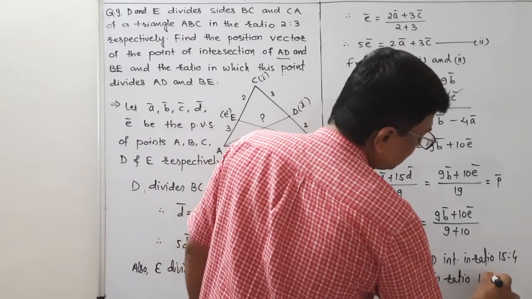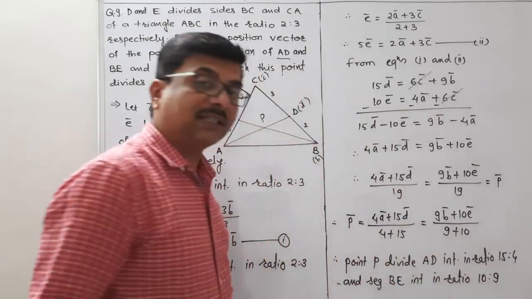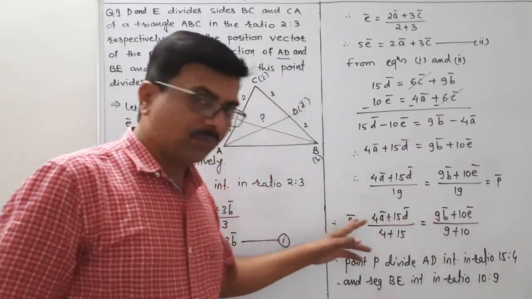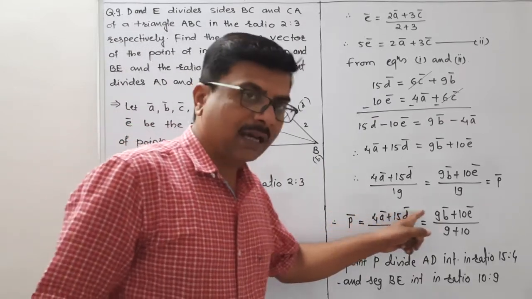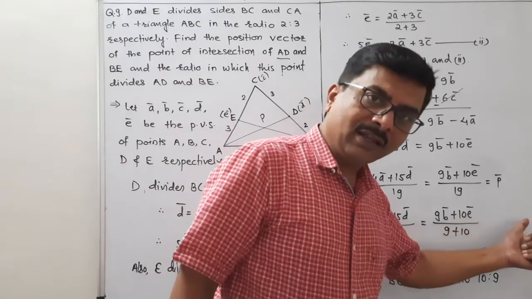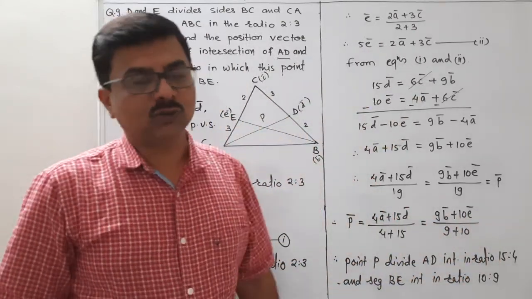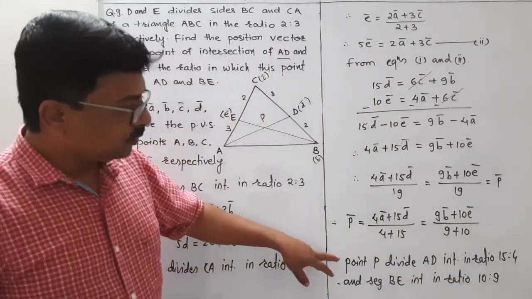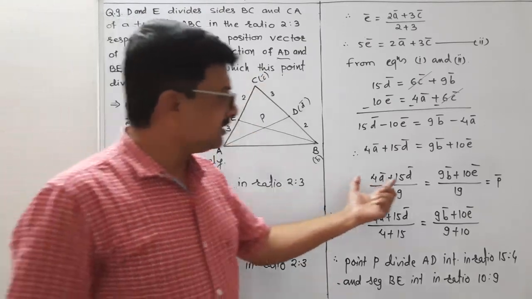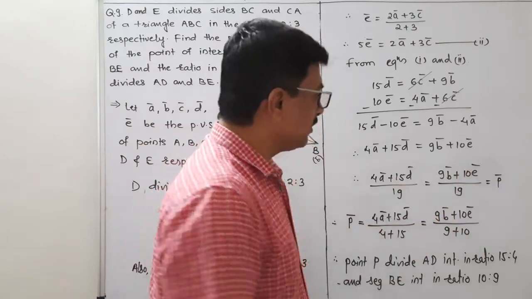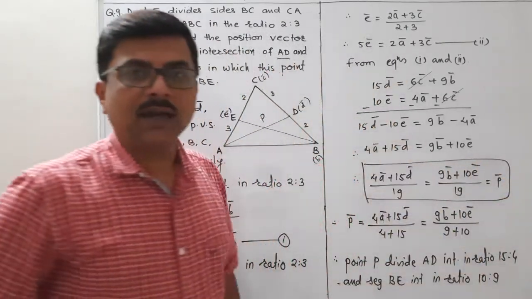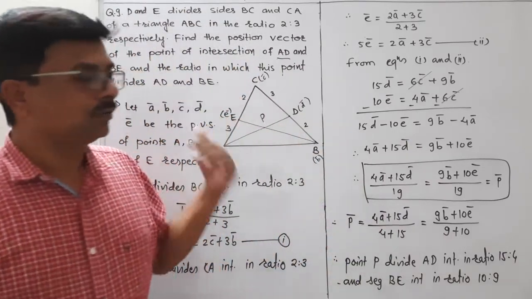10:9। जैसे कि लास्ट लेक्चर में मैंने बताया था आपको कि आपने सेगमेंट अगर ऐसी पढ़ी है तो रेशियो उल्टा पढ़ना है, यानी सेगमेंट को AD पढ़ा है तो रेशियो उल्टा पढ़ो, ये सेगमेंट को BE पढ़ा है तो रेशियो 10:9 ऐसा पढ़ते हैं। ठीक है, तो ये हो गया रेशियो इन विच दैट पॉइंट P डिवाइड्स AD एंड BE एंड दीज आर नथिंग बट द पोजीशन वेक्टर्स ऑफ पॉइंट P। ठीक है, समझ में आया आपको? तो चलो इसको नोट कर लो।